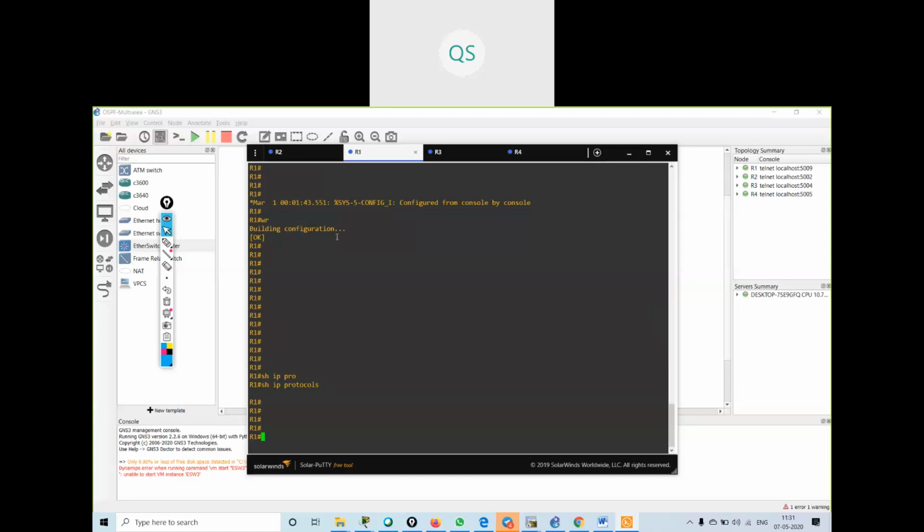Okay, so now I will configure as per my design. Config terminal. I will say router OSPF 1. How many networks am I having?